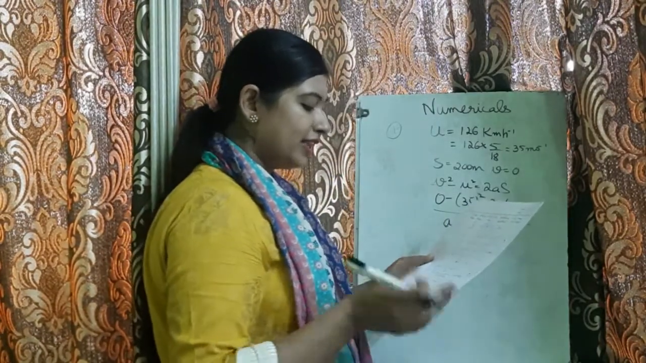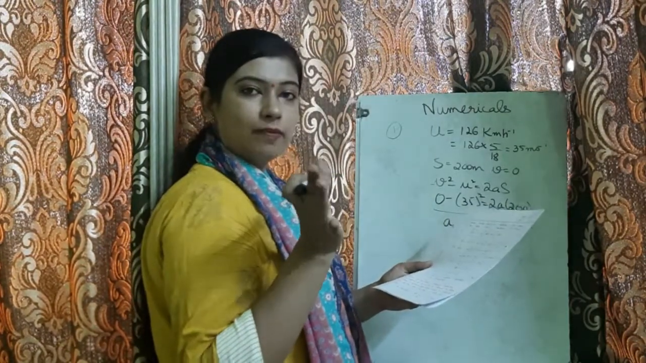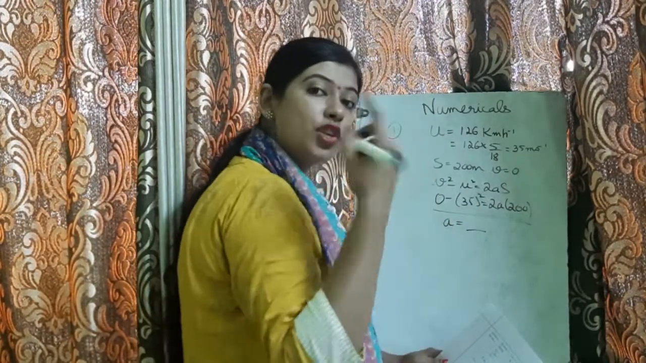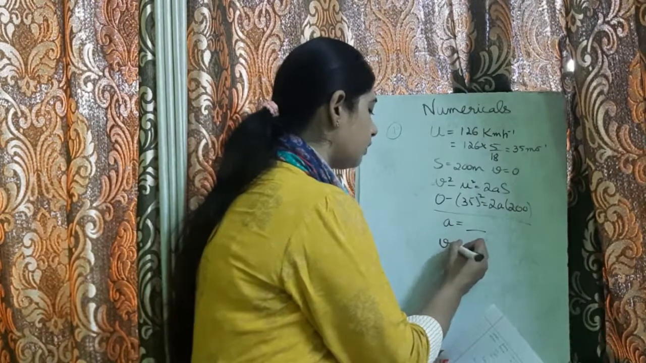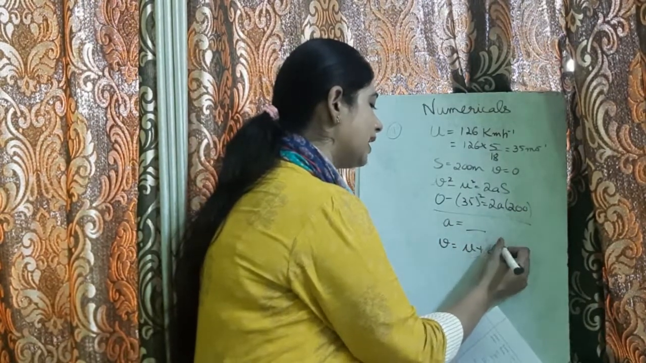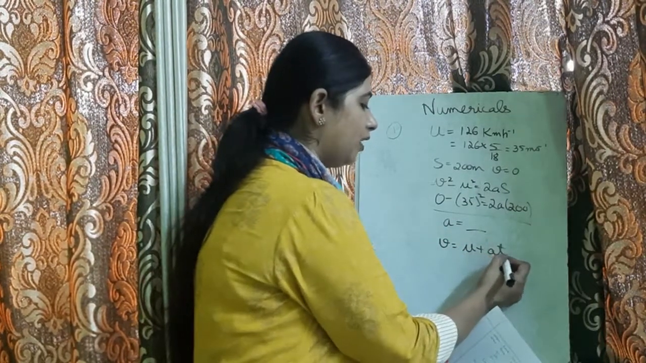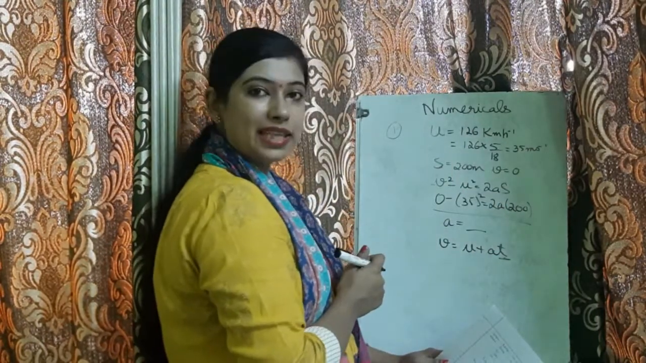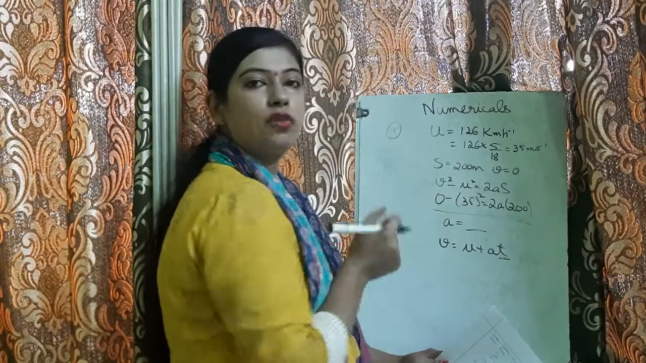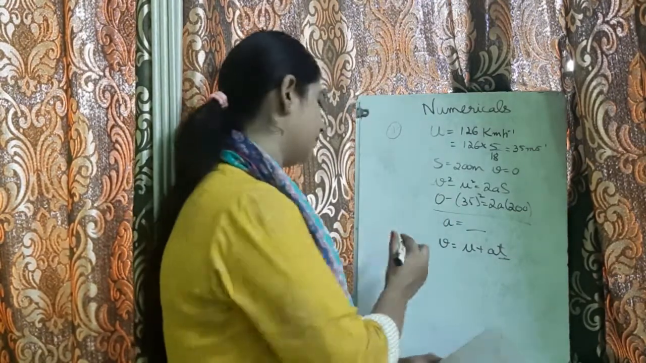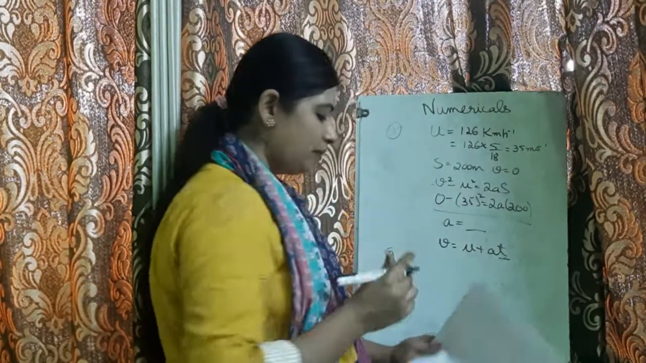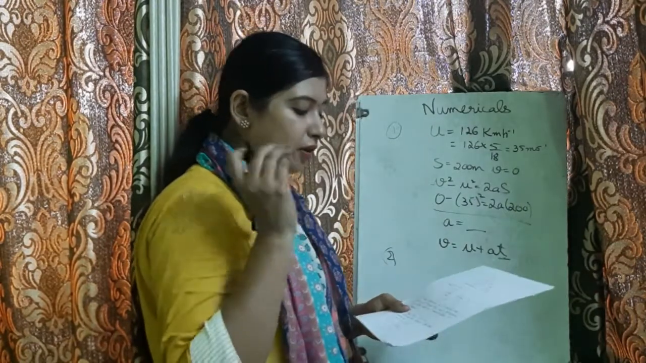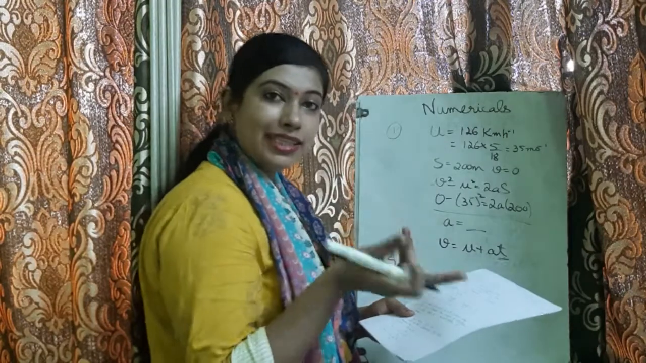Next you have to find the time taken by the car to stop. Once you find the value of acceleration, use the equation v is equal to u plus at. Here you will get the value of t. Here v is 0. Substitute the value of u as 35 meter per second and you will get the value of the time. Now in the second numerical we have a body covers 12 meter in the